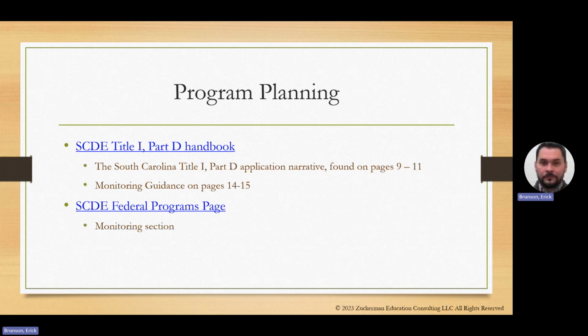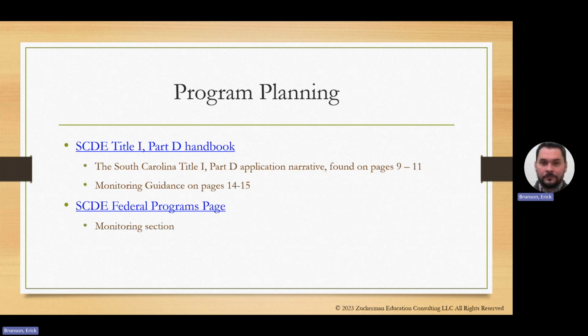So this monitoring visit is also time maybe to look at your application and think about preparing for monitoring. You can see here, and actually I'm going to show you another place where you can find information on monitoring documents in a moment, but you have some documentation that's included with the Title I Part D monitoring.